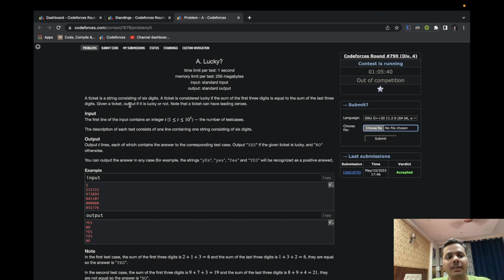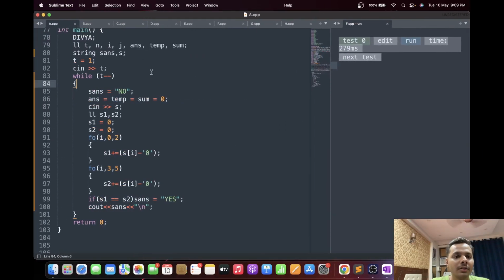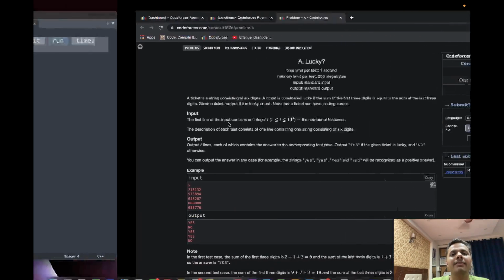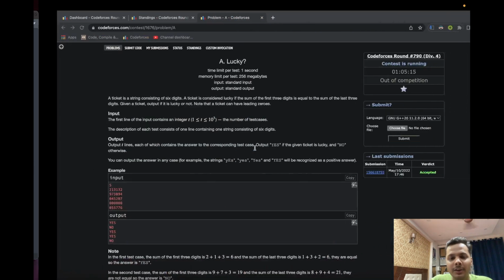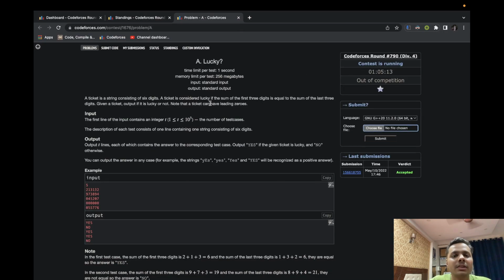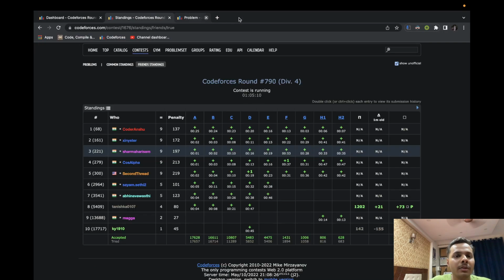So here we have a definition of a ticket, which is a string consisting of 6 digits, and we just have to check if the first 3 digits are equal to the last 3 digits or not. So there is a very easy way to do that. We can do something like this. If you want to write it in one line, so if s dot substr 0 3 is equal to s dot substr 3, then we can say that answer will be yes, otherwise answer won't be yes. So yeah, basically it's a very easy problem. You just have to check whether the first 3 characters are equal to the last 3 characters or not.